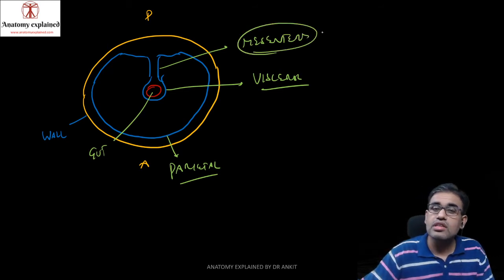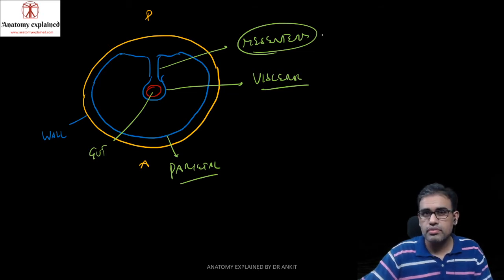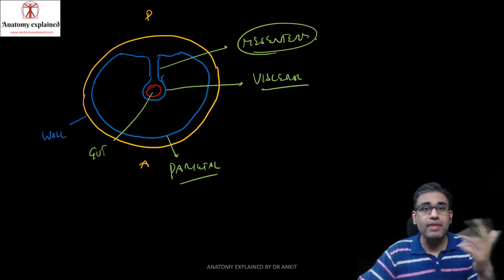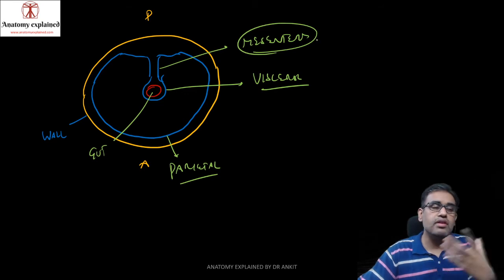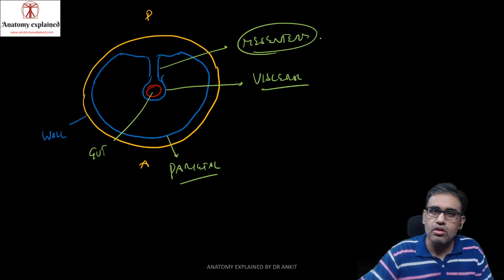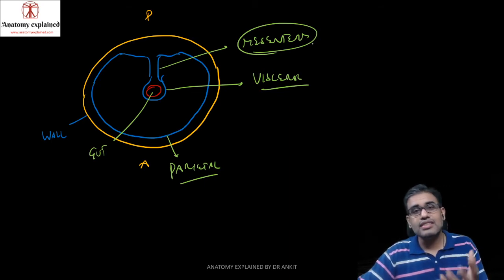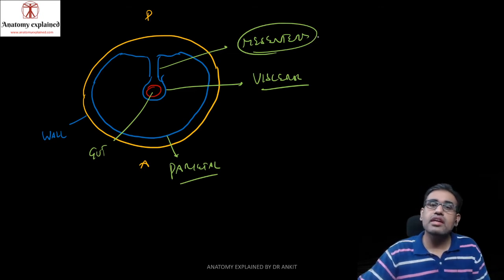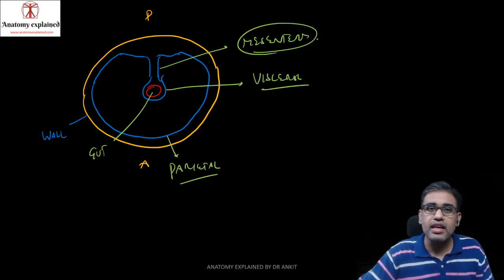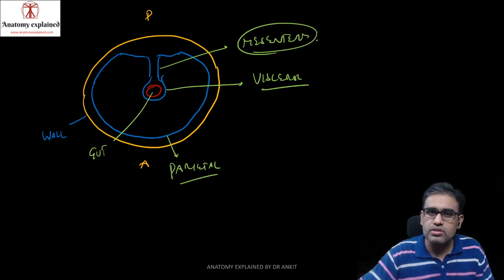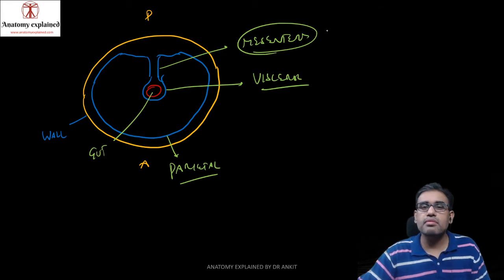If it is around the small intestine, we will call it a mesentery; if it is surrounding the colons, like transverse mesocolon or sigmoid mesocolon, we call it a mesocolon. We will also call it omentum when it is between the organs, like between liver and stomach. We call it an omentum between stomach and transverse colon. We will also call it ligaments. Now it is not the ligaments of the joints. These ligaments are again your double layered fold of peritoneum, like gastrosplenic ligament, phrenicocolic ligament, lienorenal ligament, all those ligaments. So all those things mean the same, double layered fold of peritoneum.